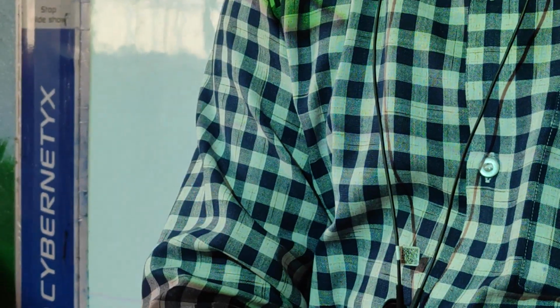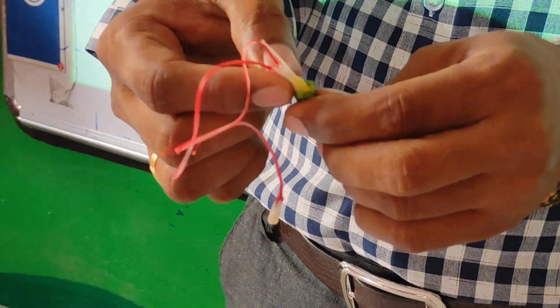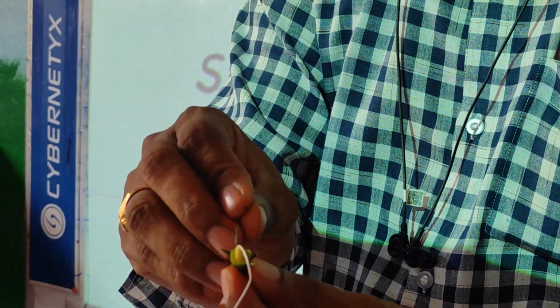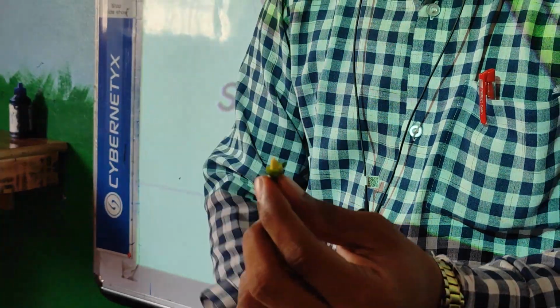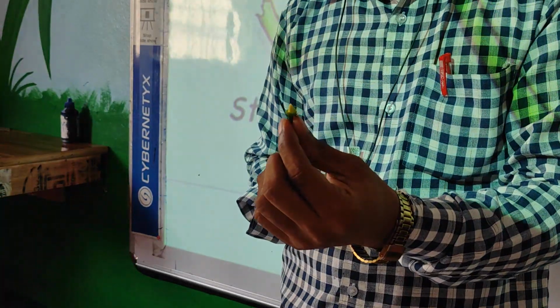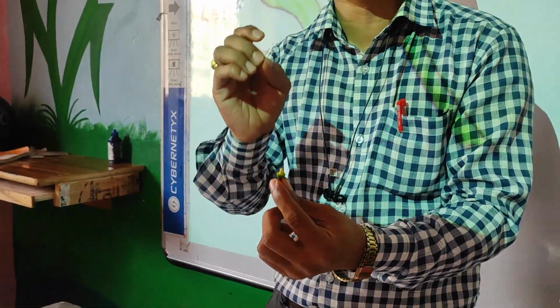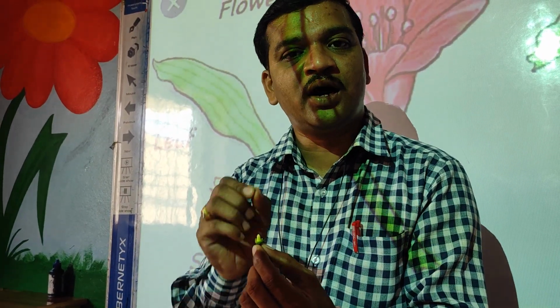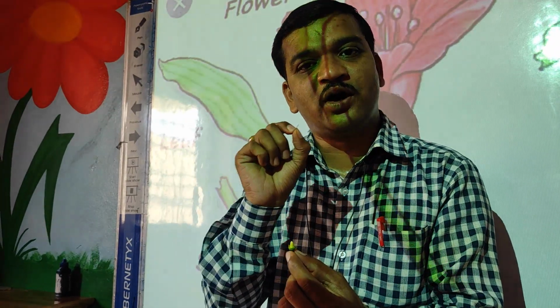Okay. Now you can see, can you see this egg-like structure? This white color egg-like structure is called the ovary. And inside this ovary, ovules are there, means small eggs. If you cut this ovary again with the help of a knife, you will get the small structures called the ovules or eggs. So this is our today's activity.